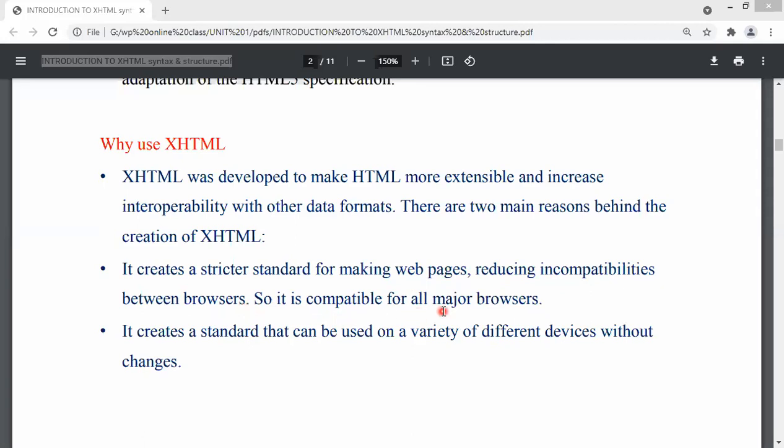Let me give you one example. Suppose I am creating a Word file with MS Word 2013, one version of MS Word. I will save that file as a docx file.